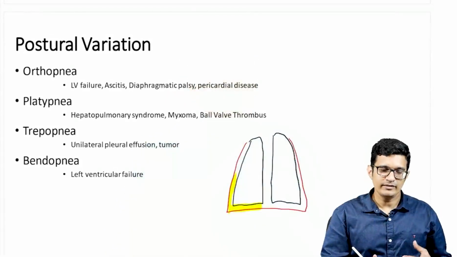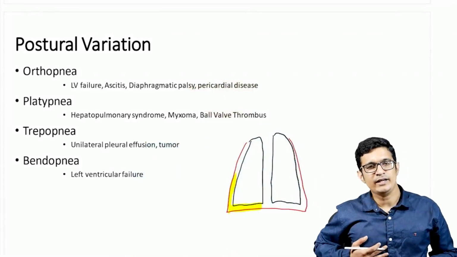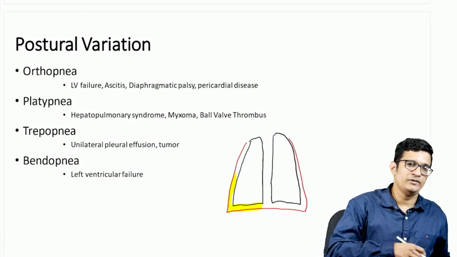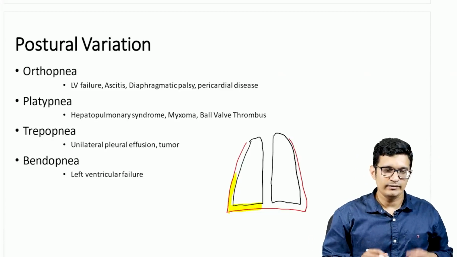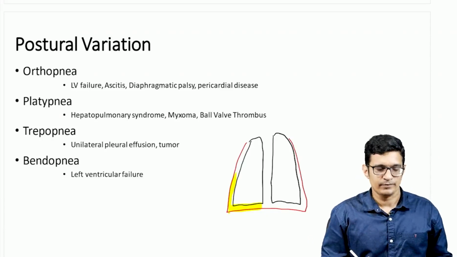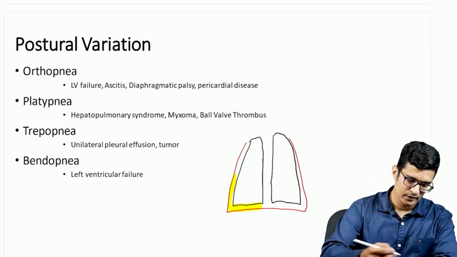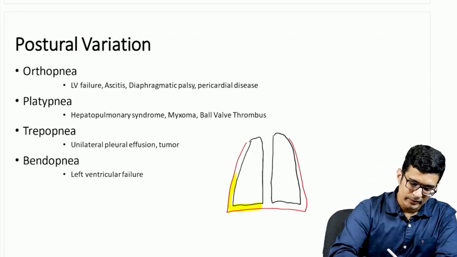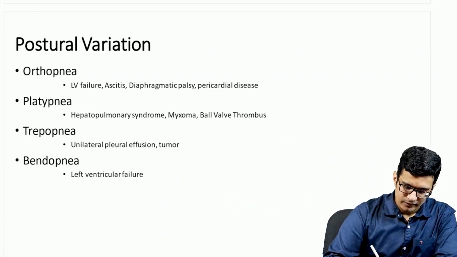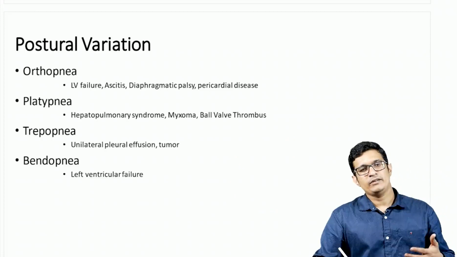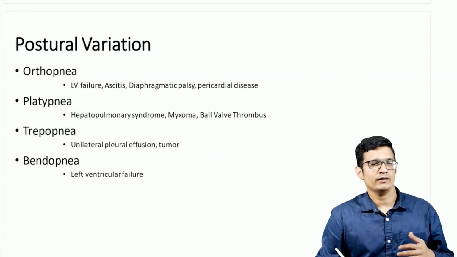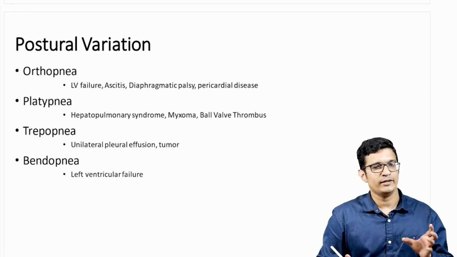Okay, so breathlessness is generally relieved by lying on the side of the pathology, and it will aggravate when I am lying on the opposite side. Okay, so that's a very common concept that you can actually have when you think about breathlessness. So breathlessness which is more on one side is generally suggesting the patient having pleural effusion or pneumothorax or probably tumor or some mass on that side of the lung.